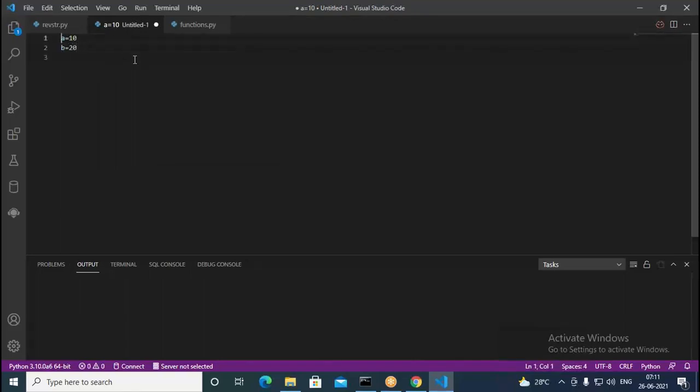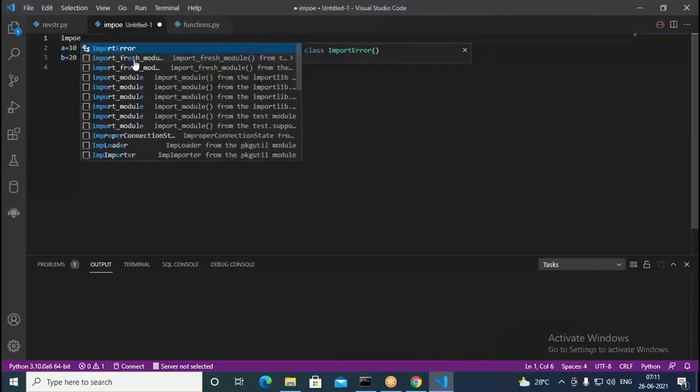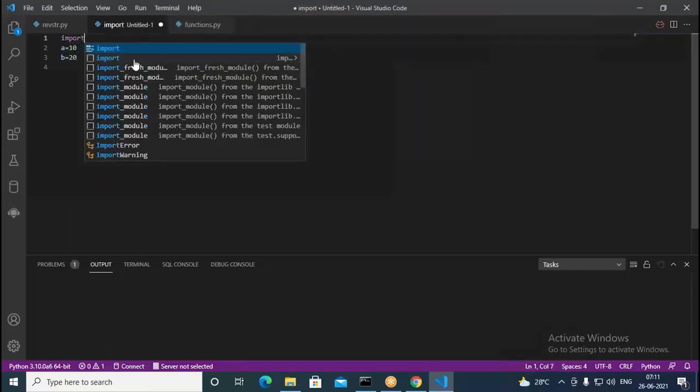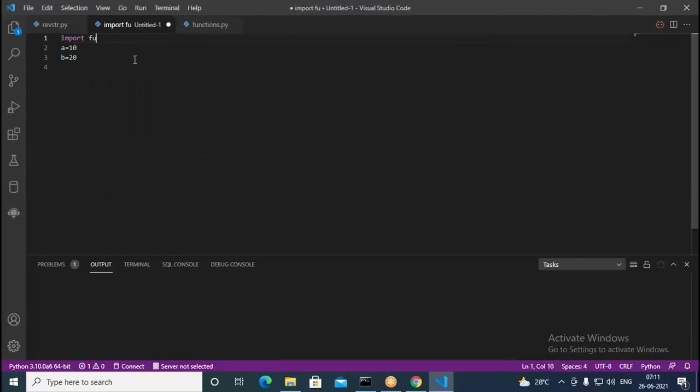But on the top, I should call that one, import. What is the name of that? functions.py. This I am importing. Now in this, I call the function. Sorry, py is not required. Anyhow, just see functions dot